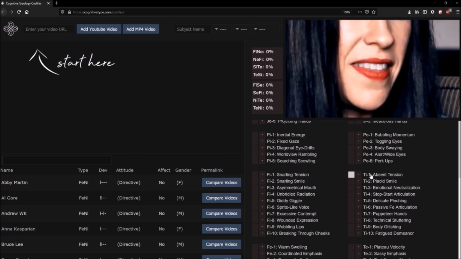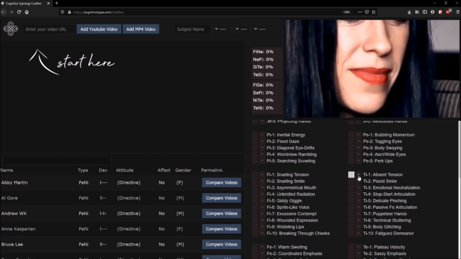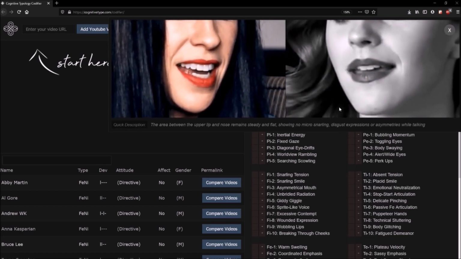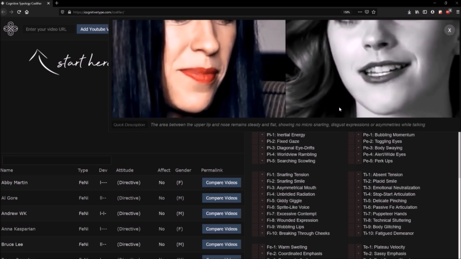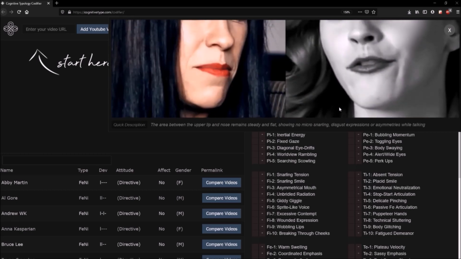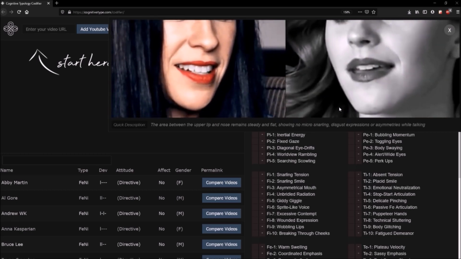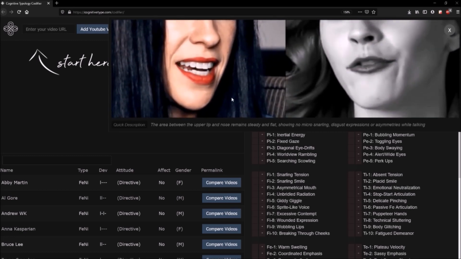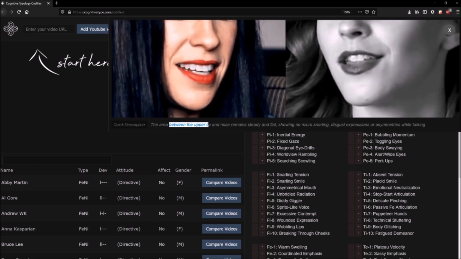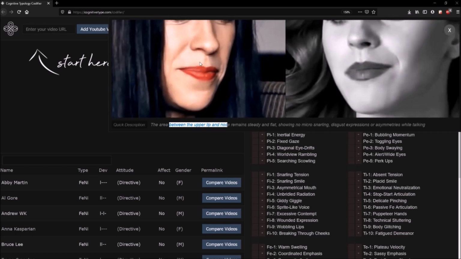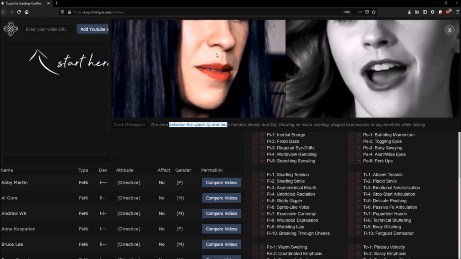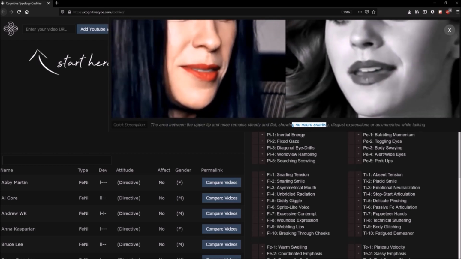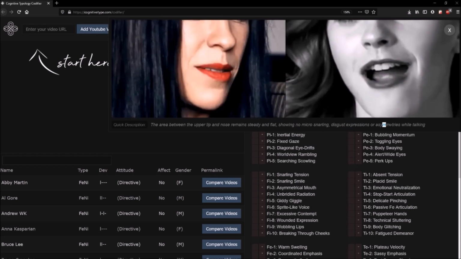Now, to recap very quickly what was said in the previous video, TI and FI are different from each other in the sense that TI has an absence of tension around the nose area and the lip generally remains flat instead of subtly creasing up towards the nose. As we read here, the area between the upper lip and the nose, so here's the upper lip and here's the nose, this area here remains steady and flat, showing no micro snarling, disgust expressions, or asymmetries